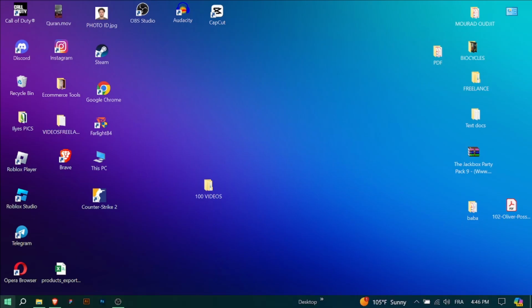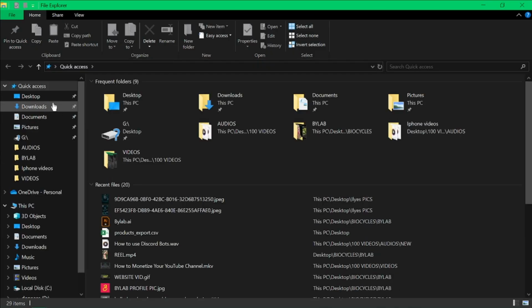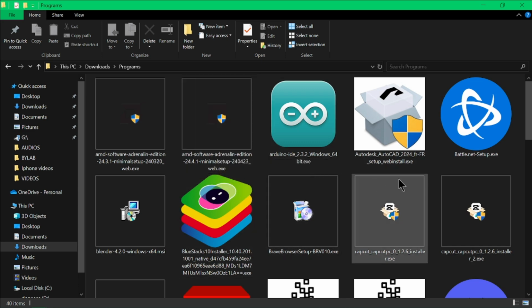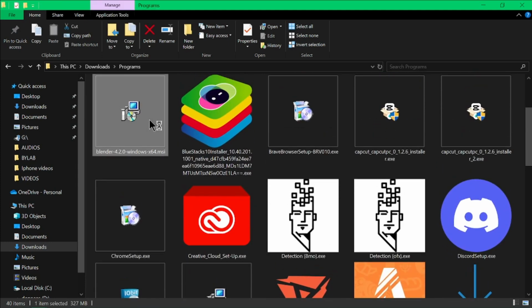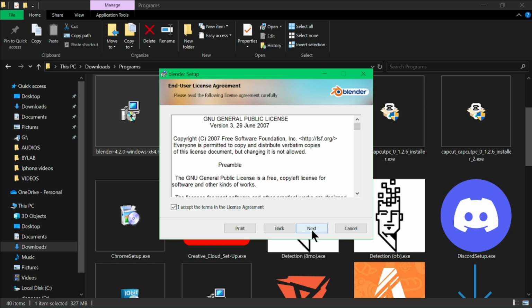After the download is complete, we gotta head to Files and go to Downloads. After that, click on Programs, unless you change the download directory to another place on your PC. And now we gotta find the installer for Blender, and here it is. You gotta double click on it and follow the prompts